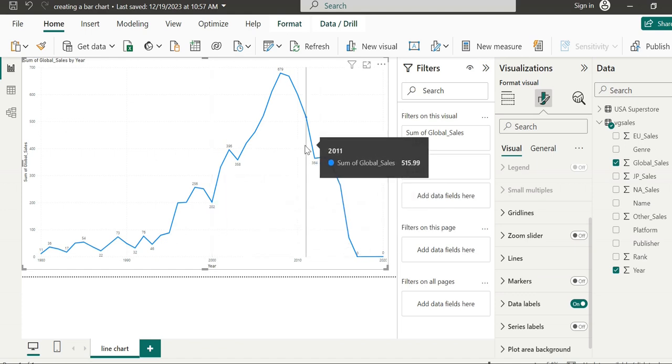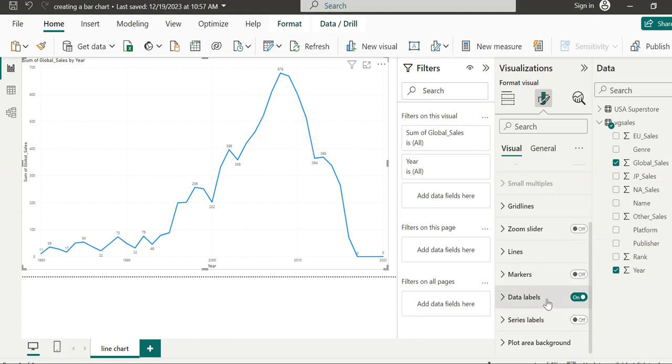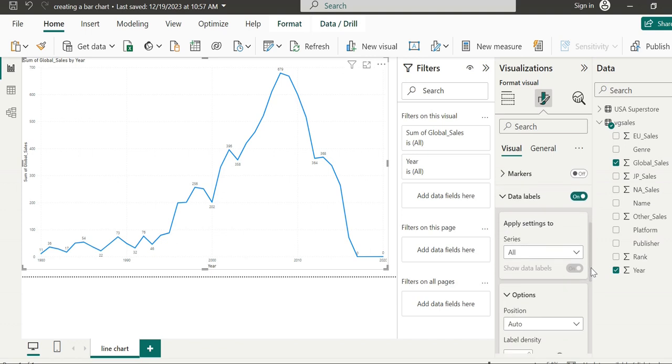This is the first change. Those labels are relatively small for us to see clearly, and if we increase the text size, it will be more visible, I think.